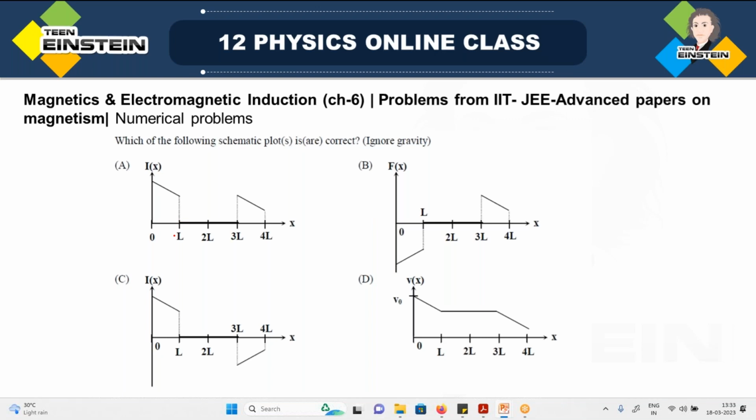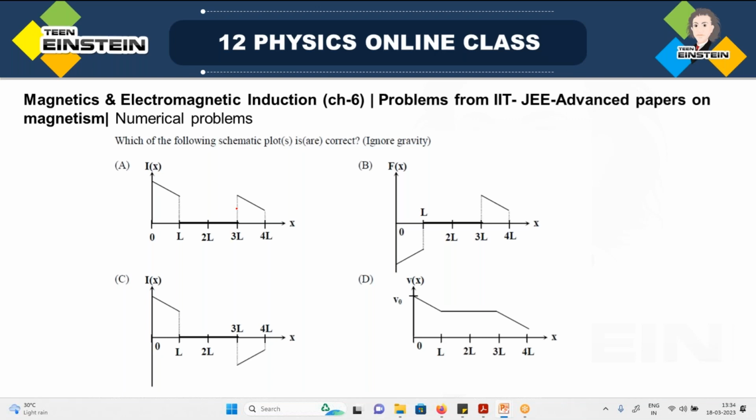So you look at this. When at x equal to 0, the magnetic flux was maximum, then it starts becoming 0, and at L to 3L it is actually 0, L to 3L 0. Then again when it is going away from the region, so there will be,